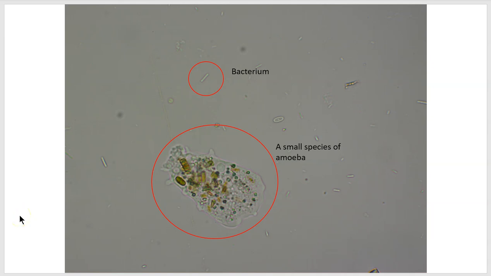In this lesson, we'll describe some of the key events in the early history of life on Earth. In previous lessons, we've noted the tremendous size difference between complex cells, as you see down here, small species of amoeba, and bacteria. Bacteria are the smallest and simplest types of cells on Earth. All animals and plants and fungi are multi-celled, but the individual cells are complex cells, like this single-celled organism here,